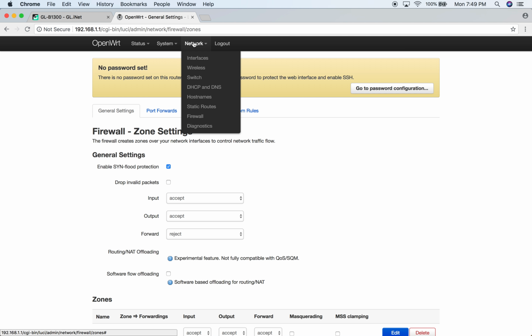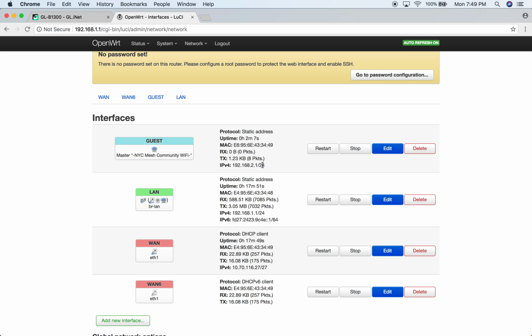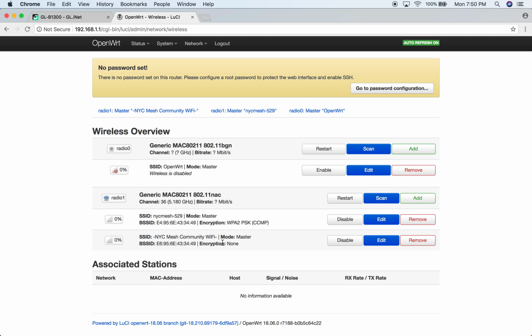Okay, cool. So I believe we are all set up here. You can see the IP subnet associated with this new interface that we created, which is in turn associated with this wireless virtual SSID, which has client isolation enabled and no encryption turned on. So let's go ahead and watch this associated stations area and attempt to connect a device and see if it works. So I'll pull up my phone here